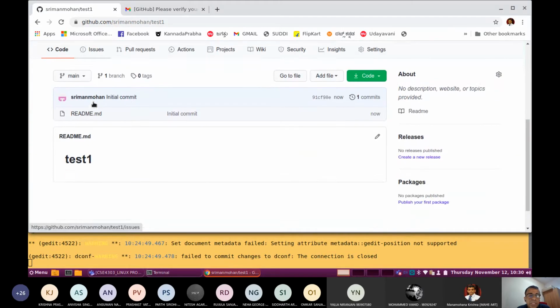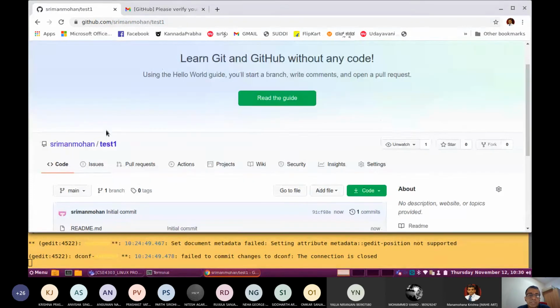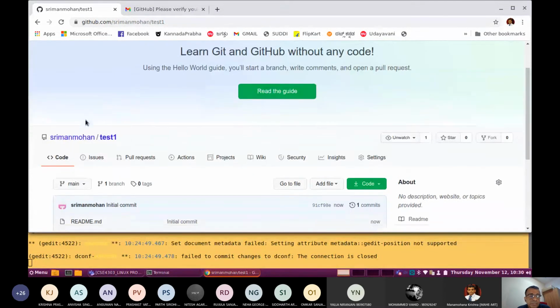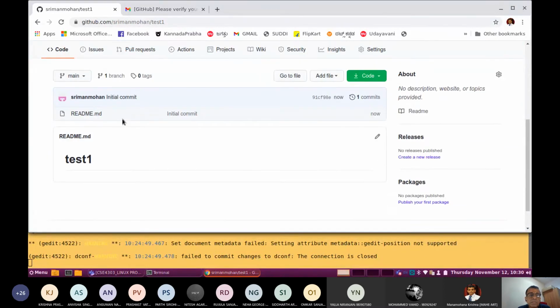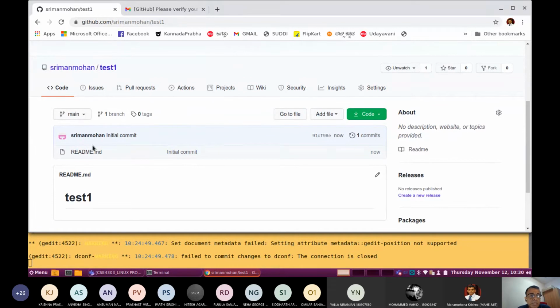Use this. All of you need to create your own GitHub repository and name it, probably with your name, Git repository. Now you can also look into this. The moment you create a GitHub repository, then it is possible